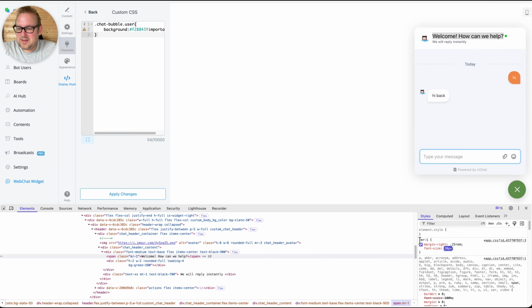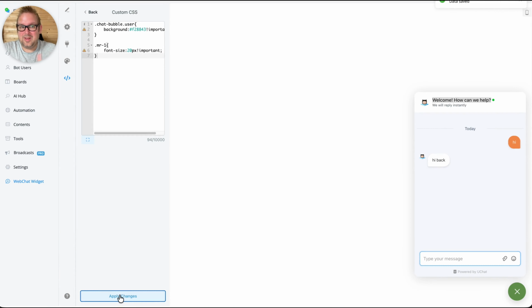So that means that I can now use this style, just copy and paste this, just enter a new line, and then use an open curly bracket again. And then we can just duplicate the CSS styling. So we have font, and then hyphen size, colon, and then let's say 20 pixels. And also go with important, just in case it does not accept our code by default and it gets overridden by the default code. And if we are going to say, okay, we're going to disable this and going to apply the changes, really, really important. If we refresh the page now